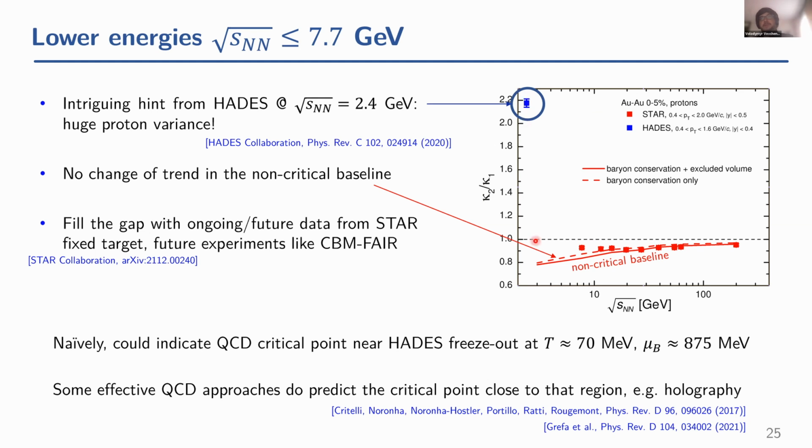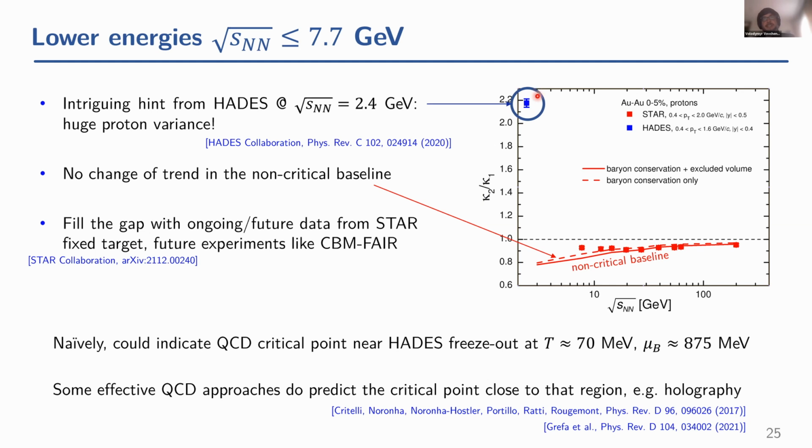This is a really very dramatic deviation from the baseline, which simply continues to predict a monotonic decrease and suppression of the variance with respect to unity. Then there is obviously the STAR fixed-target program, with data also published. I believe at 3 GeV, the scaled variance is around 1 point something. So one could see that there is a sort of trend going up here. And the one naive but also intriguing explanation that I just mentioned is that these large fluctuations are a signature of a critical point.